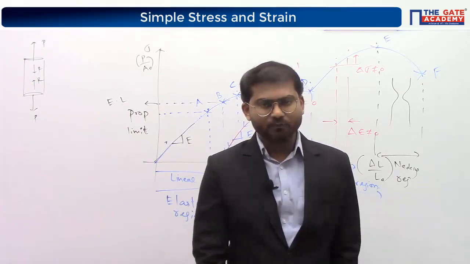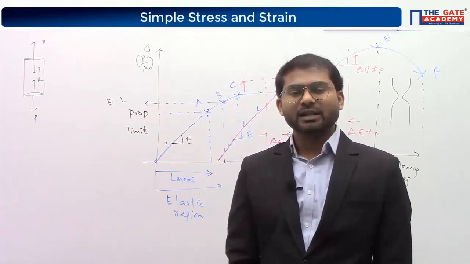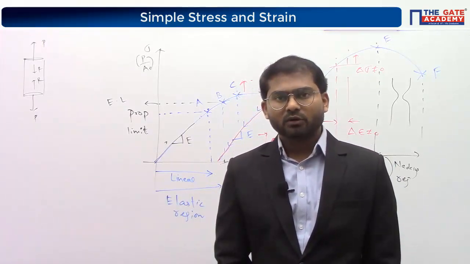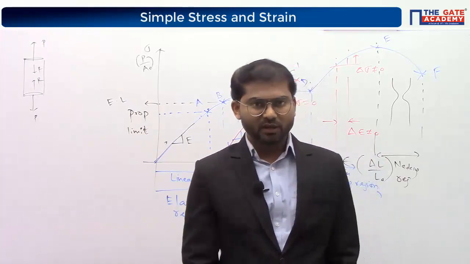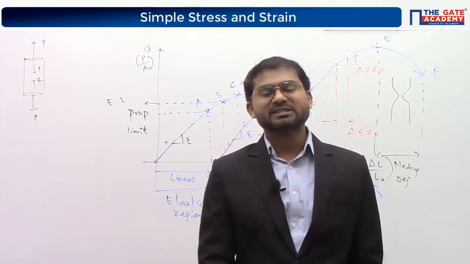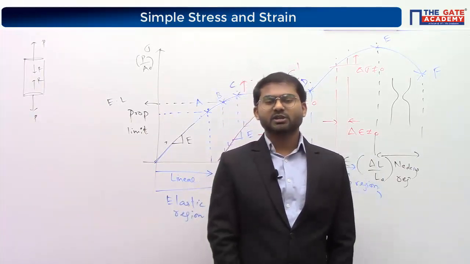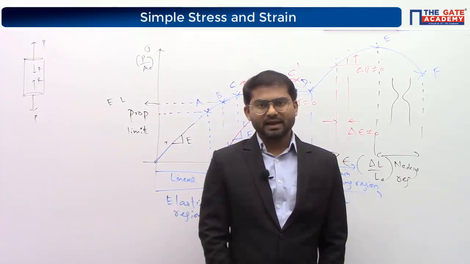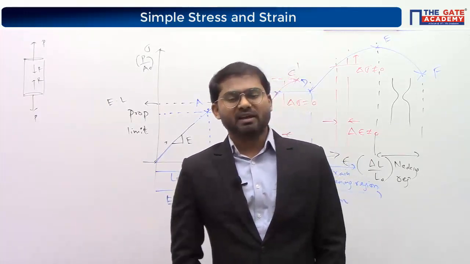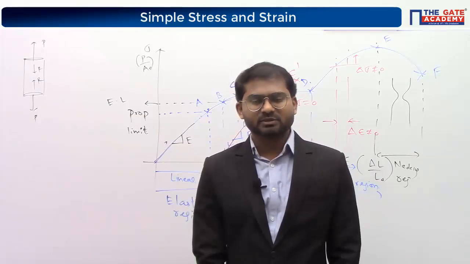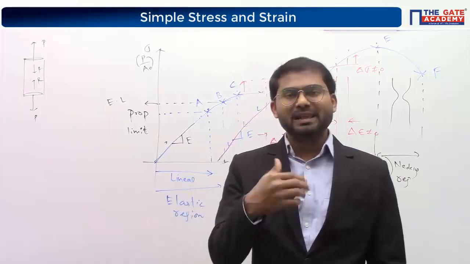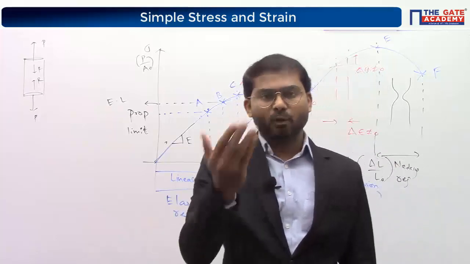If you have more than one element in the microstructure or lattice positions, you will have a situation where you can observe these multiple yield points. Best example is mild steel. Mild steel is a mixture of iron and carbon. You will be studying the reason for why you have multiple yield points for mild steel in the subject of material science. Due to the presence of multiple elements, that gives rise to multiple yield points.